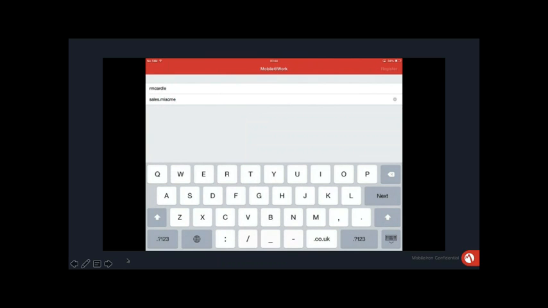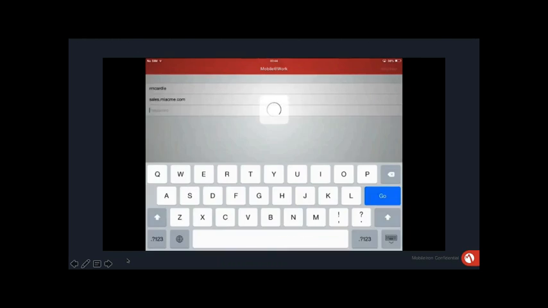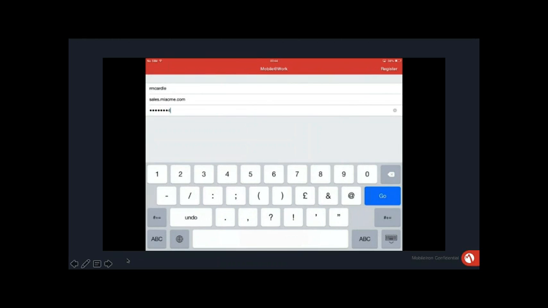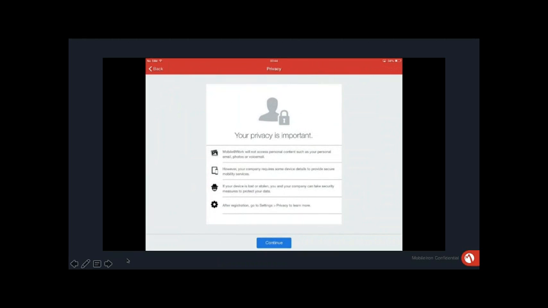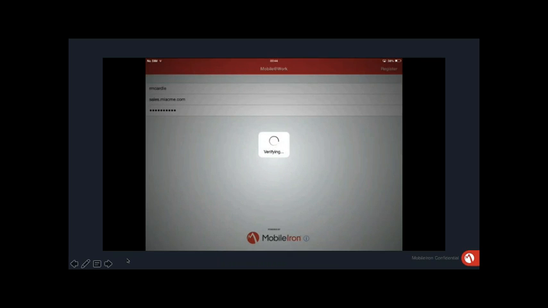IT can actually hide this so it becomes an automated field. Now being prompted for the password, which we will put in, and there we have it, I'm presented with the privacy statement and so on. As you can see, it's very quick to start the registration process. So here we go, and we'll continue.